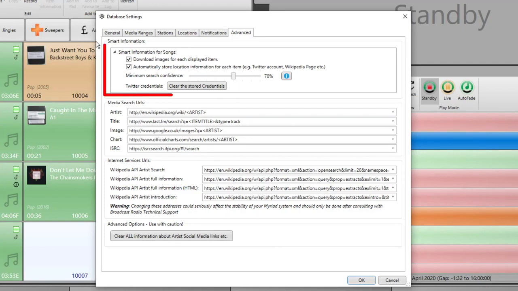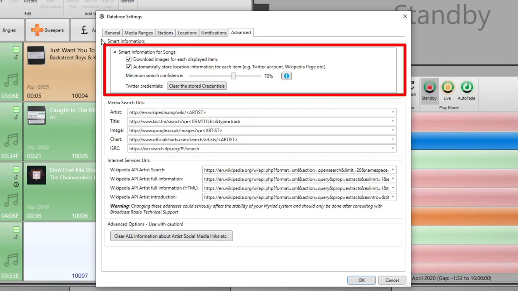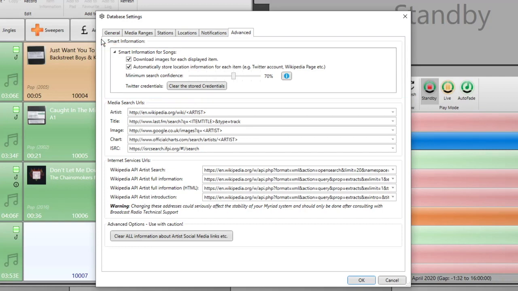So whether or not you want Myriad to download images in the Smart Info tile, and how accurate the searches should be inside Smart Info. The more accurate this is, the more likely it is it won't find a result. The less accurate it is, the more likely the result may be wrong, so you can fine-tune that. You can also fine-tune the websites we go for some things inside Myriad, as well as looking at some of the internet services that we